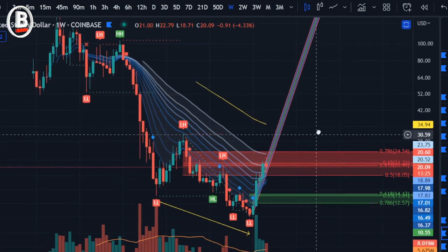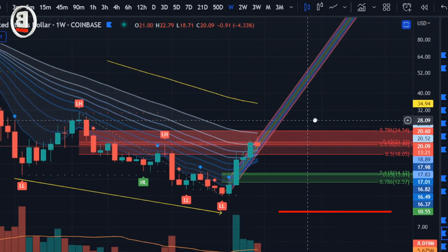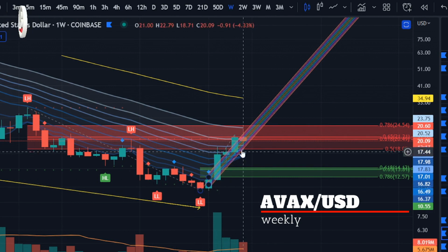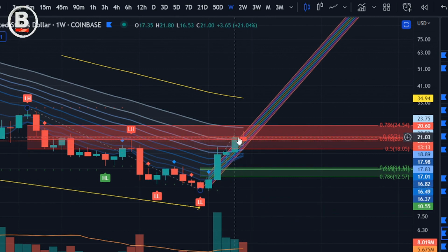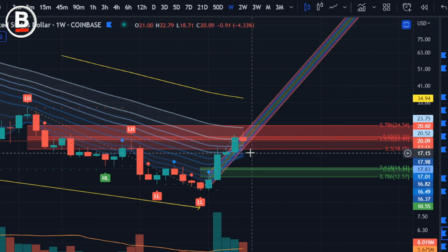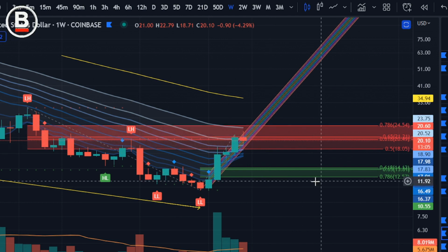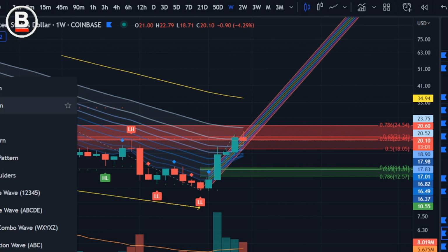See the same pattern on AVAX. We have been coming up into resistance. Potentially a new higher high. Plenty of room to come back and form a higher low before moving upwards. You can,